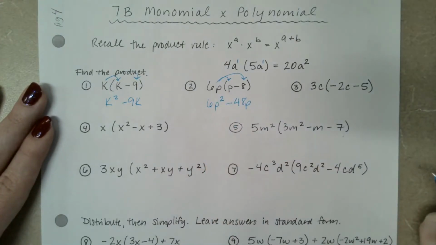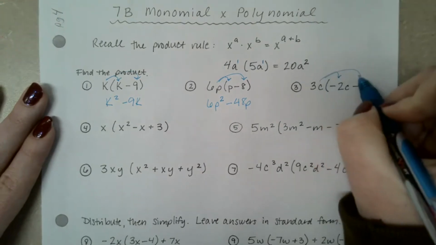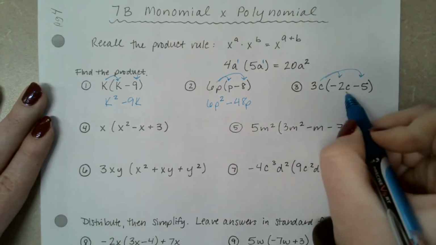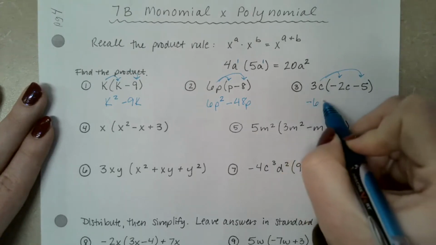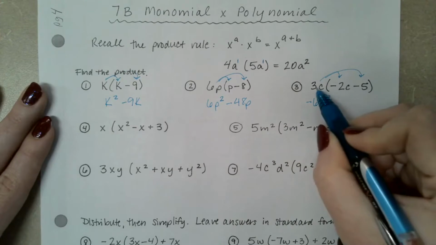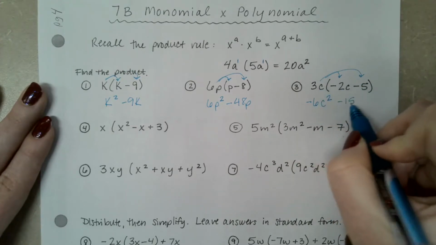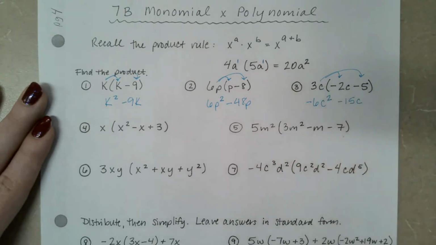In number 3, we take the 3c to both pieces. So 3c times negative 2c, 3 times negative 2 is negative 6. C times c is c squared. 3 times negative 5 is negative 15, and then the c comes along because it doesn't have anything to be